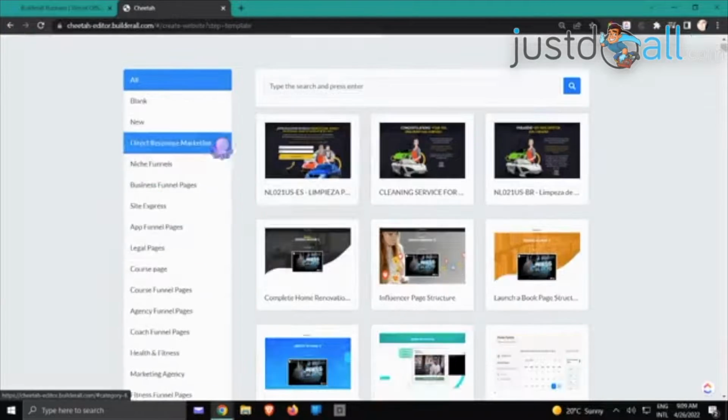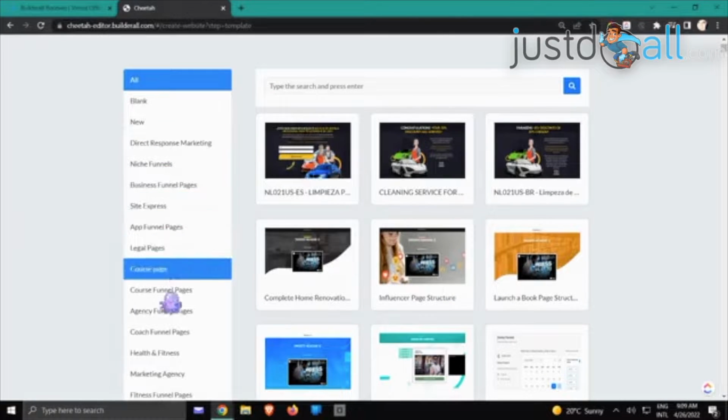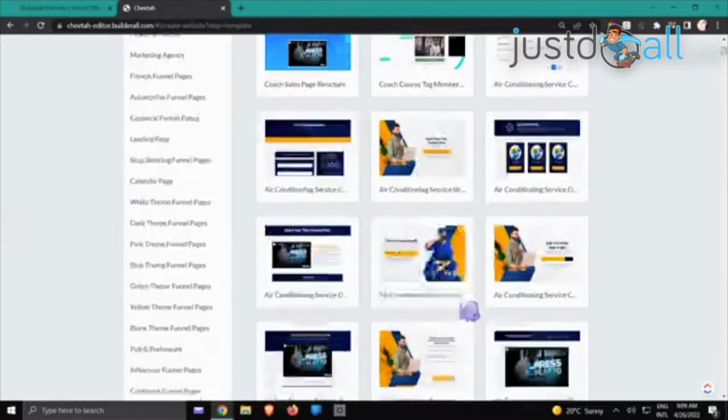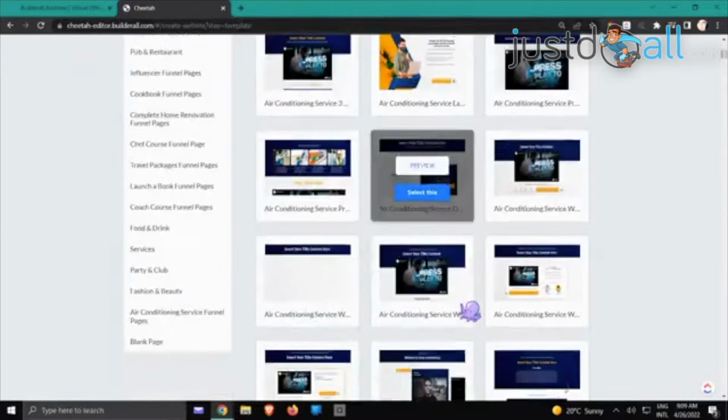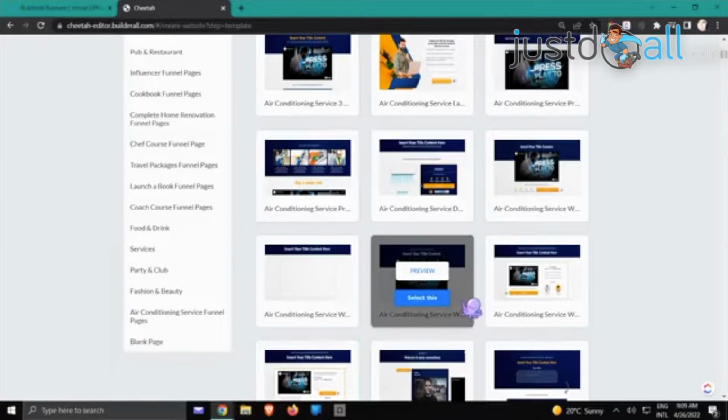So obviously right here, you can see there are multiple different kinds of funnels that you can choose. This is more pertaining to funnels. This is not really if you want to create a website for somebody else. All right, so you need to understand that there are different pages, different templates and different panels existing inside of Builderall. And the best way is to always go and play around to see what is available